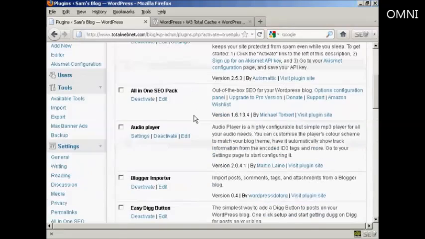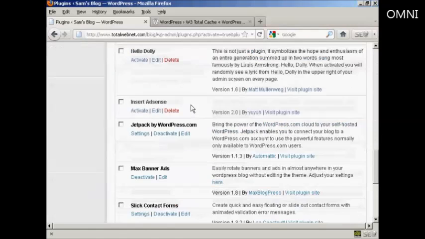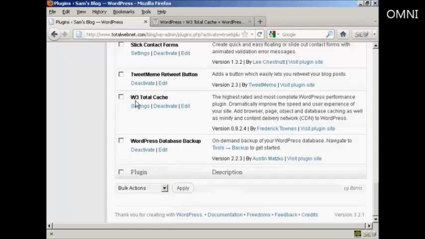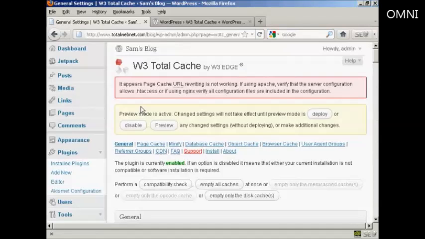Okay, now we need to adjust the settings. So coming down here to W3 Total Cache and then click here on settings. You may get this error here, page cache URL rewriting is not working. I'll talk you through how to sort this out. This is a very common problem. First thing you want to do is get rid of preview mode so that you are actually making the changes. So what we're going to do is click here on deploy,